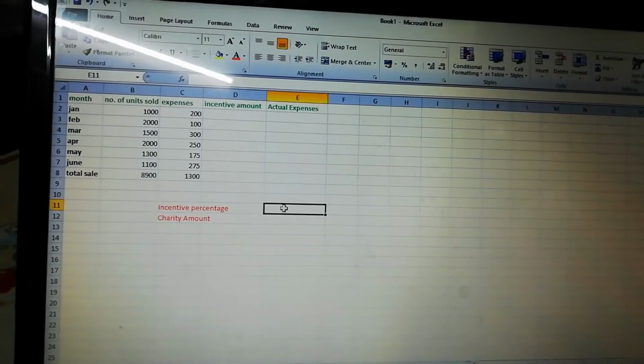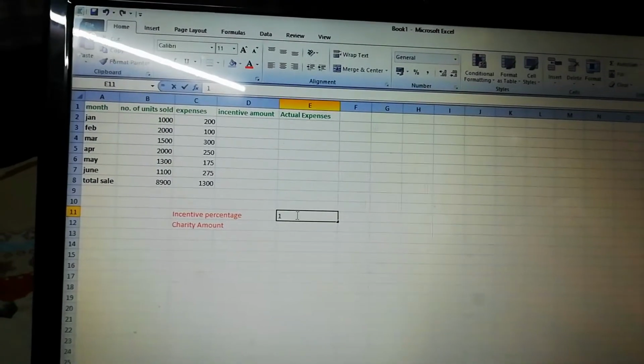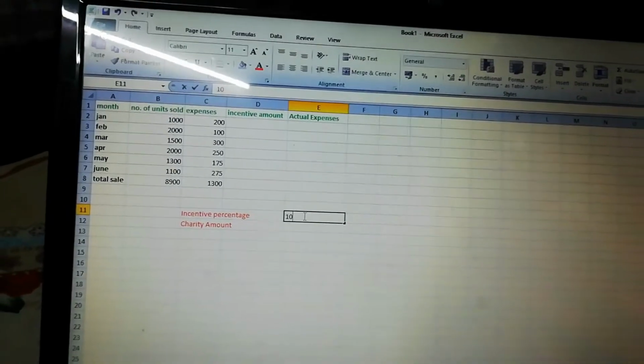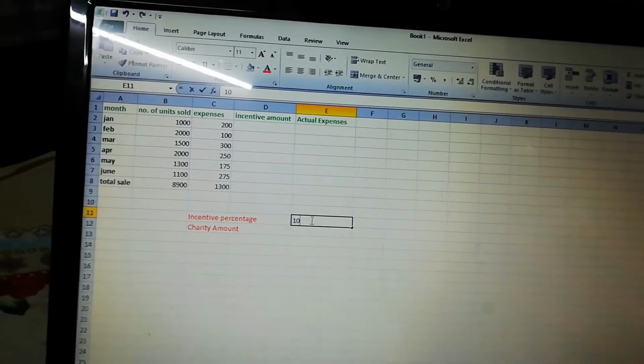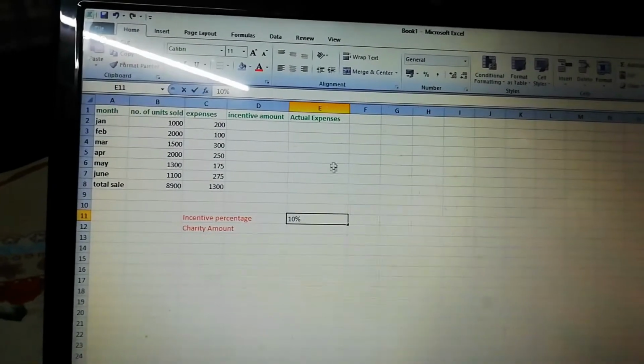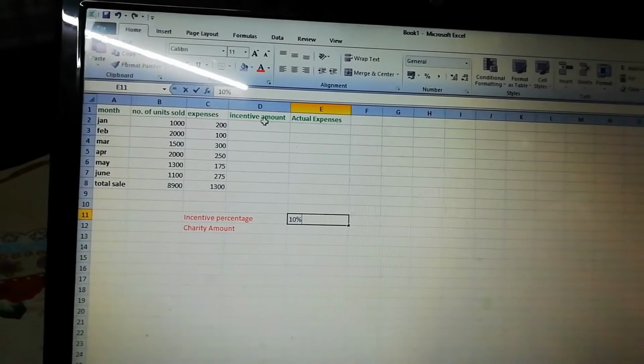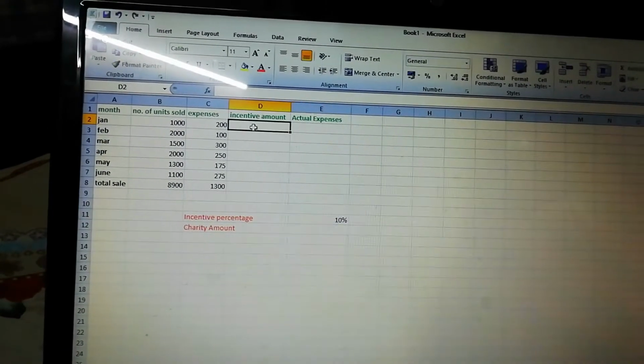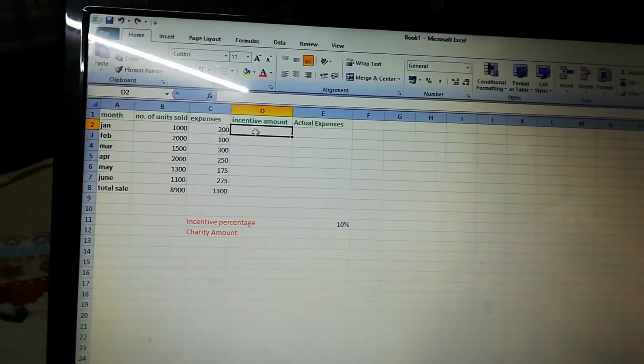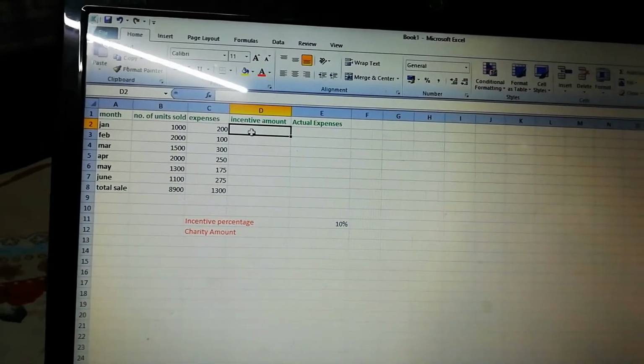According to your first step, you have to put 10% in cell E11. This is your E11. Okay, so click on cell D2. This is D1, this is D2. Type equals B2,